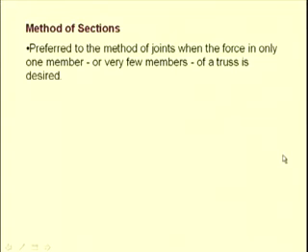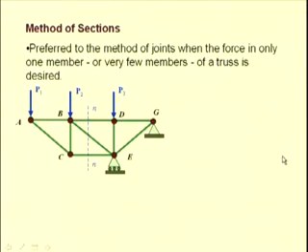Let us consider an example. Here you see a truss A, B, D, G, C, E connected at G by a pin joint and at E by a roller joint, and some external forces P1, P2, P3 acting on the truss. If, say, we are interested to find the forces in the members BD, BE and CE alone, then